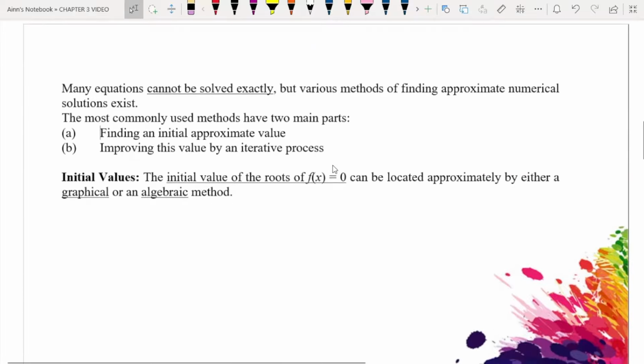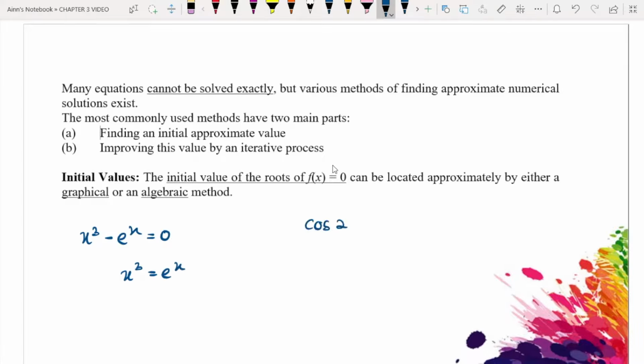Many equations cannot be solved exactly. For example, if we have the equation x cubed minus e to the power x equals 0, if we rearrange this equation, we will get x cubed equals e to the power x. Or if we have cos 2x equals x. These are some examples of equations that cannot be solved exactly,